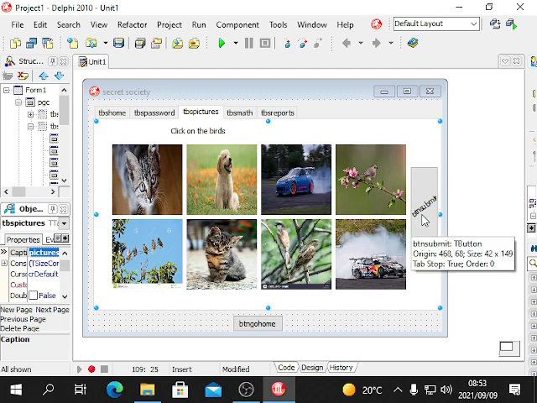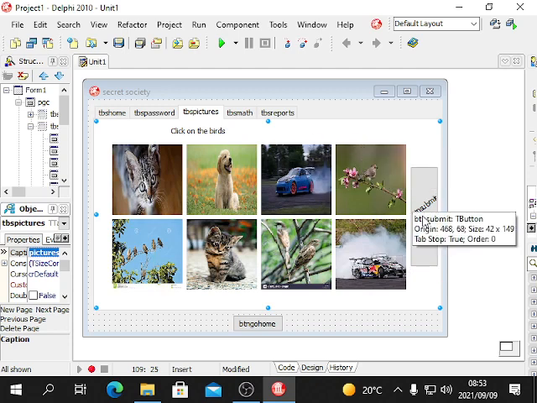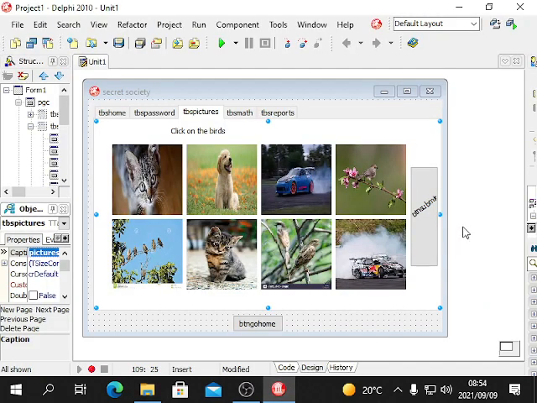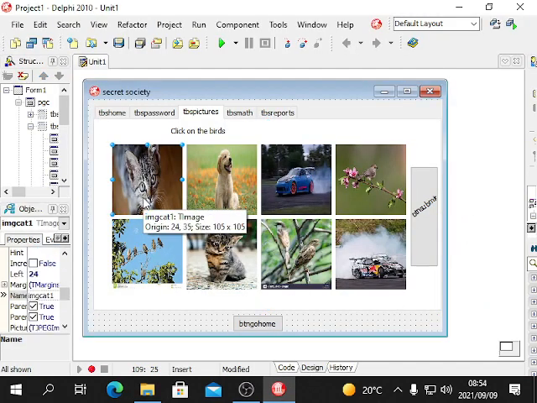so in the submit button click, I'm going to rearrange these pictures. I'm actually going to put random 8 pictures. And I know that pick 1, 2, and 3 are my bird pictures. So if those were clicked, then we know that was a bird picture. But how are we going to know that that is pick 1 or pick 2 or pick 3? So we've got to also go to the image